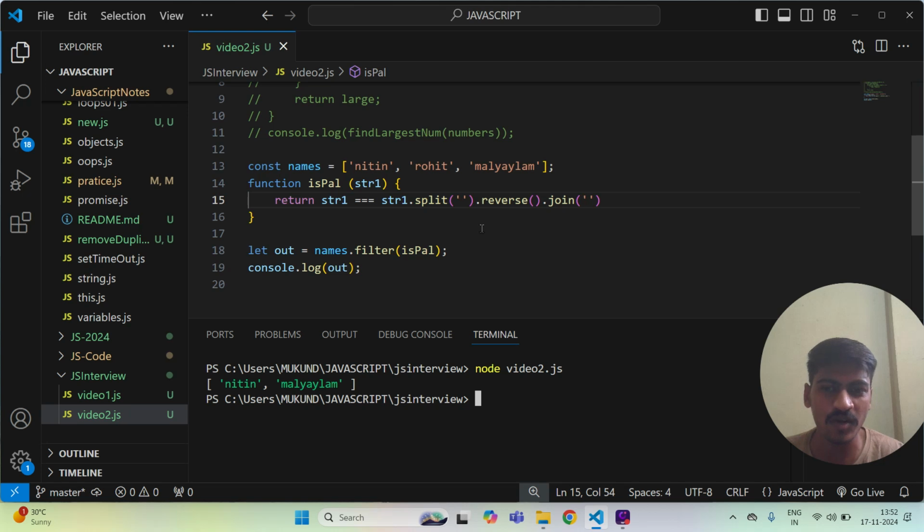Okay, a single palindrome string we also need to find, and in that case, in the previous video I showed the reverse string. We have just a simple string, we just need to reverse it and compare that with the triple equals to sign. But here is a different case.